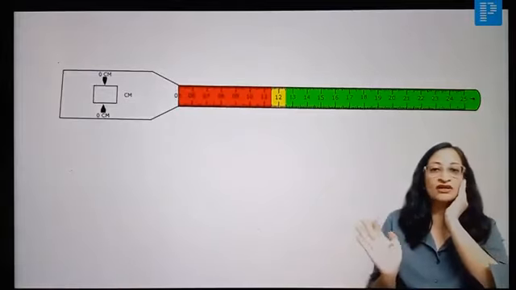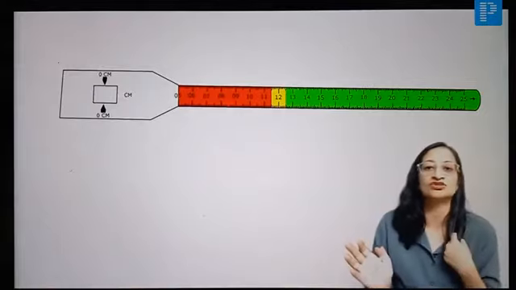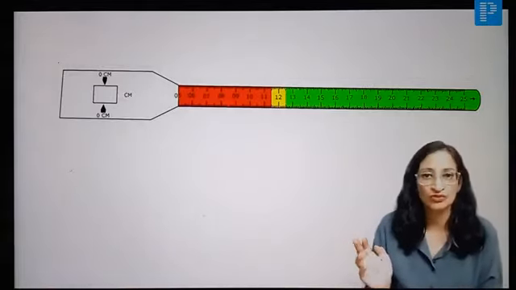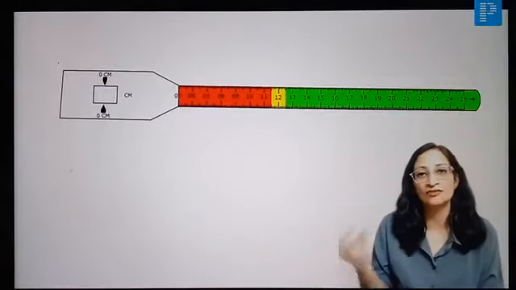So weight for age, we don't use to call it wasting and all. Weight for age will just tell you if the weight for age is less than minus 2 Z score, we can say that the child has undernutrition, okay? So if you do not have growth charts for weight for height, you will use weight for age, but otherwise weight for height is a better parameter to use.